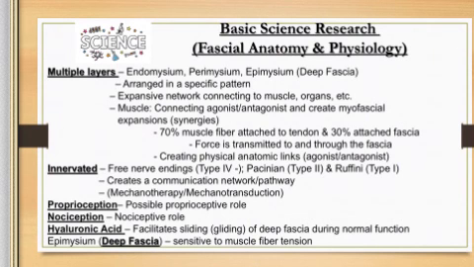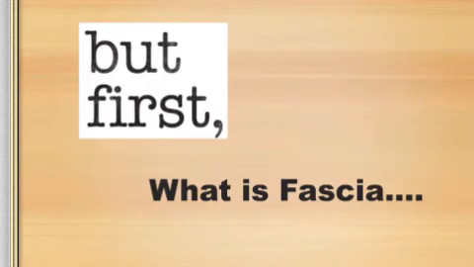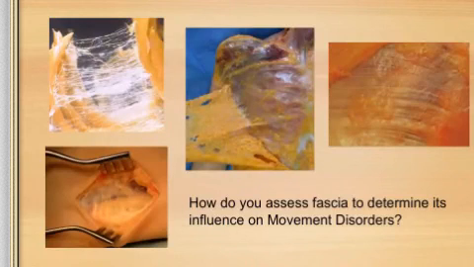So a lot of these constructs I'll come back to are some of the key points, but we're looking at how the anatomy sets up the neurophysiology, and the gliding is key to that outcome. And so let's look at fascia, and you'll see it all over the body. Can you assess this, right? How do you even assess this and make it relevant